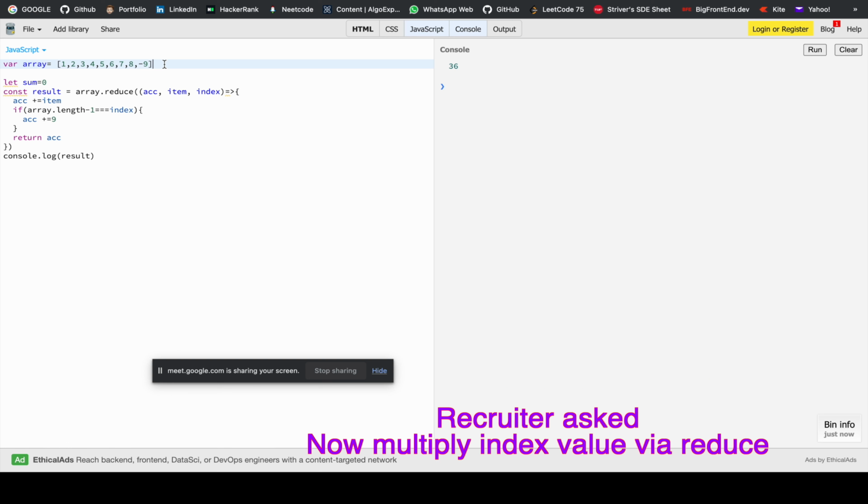Okay, so you're saying instead of using map, I have to do it directly in my reduce only. So if I have to do it in my reduce, then every time I'm adding my number, instead of adding after, I have to multiply it with,